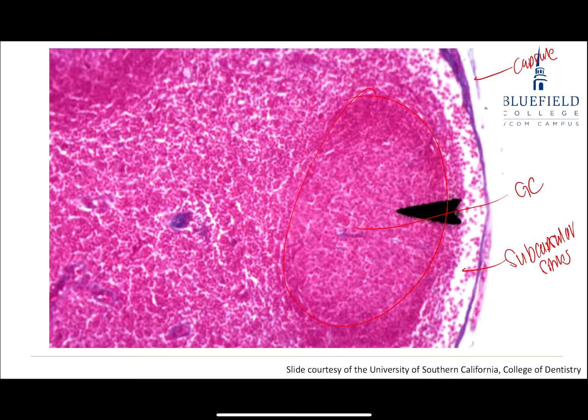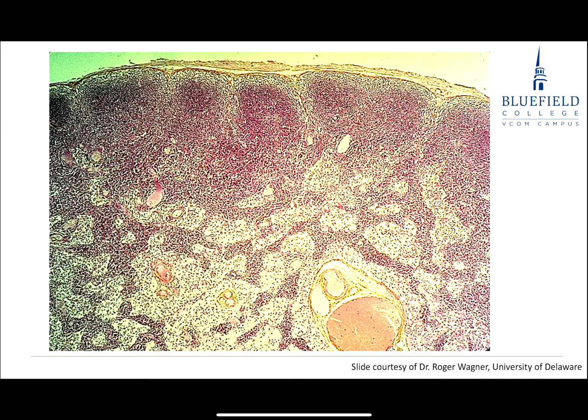All right. If I take a look here, I can see lymphatic nodules up here. No germinal centers to them necessarily, but lymphatic nodules. I can then make out a capsule, and I can make out a subcapsular sinus below it. And it's a low enough magnification, I can make out that my nodules are all up here in the cortex,